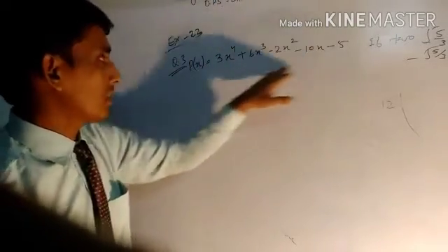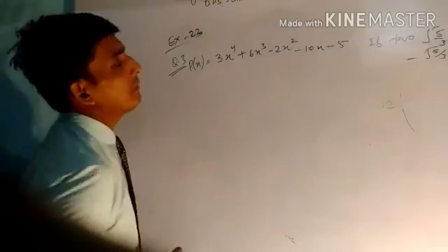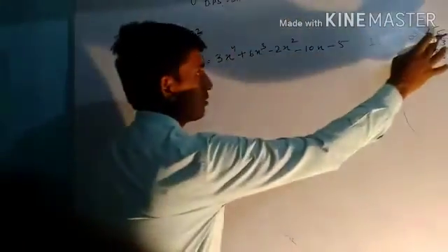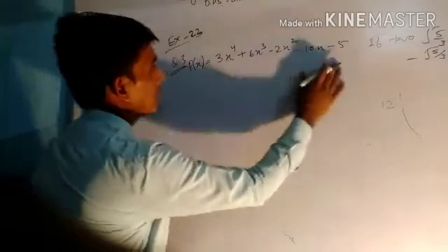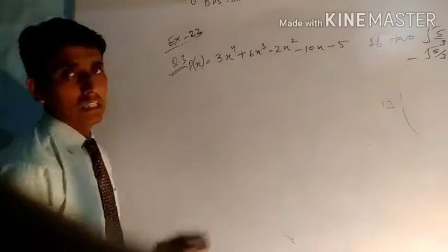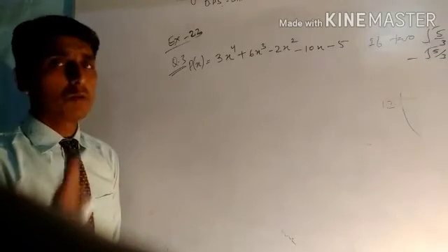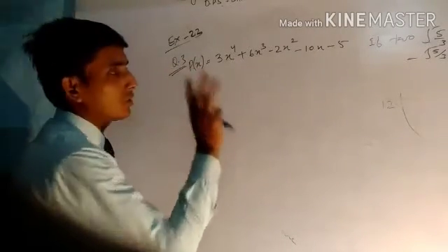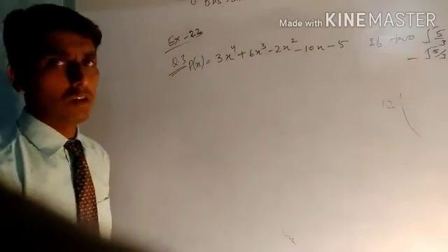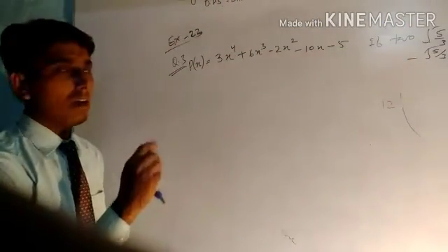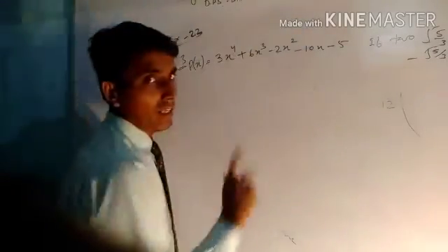The overall value of this polynomial will become 0. So therefore these values are called 0 of the polynomial. But in a polynomial having x to the power 4, there must be 4 zeros. There must be 4 roots of the polynomial. But here only 2 are given. What are the other 2? In this question they are asking what are the other 2 zeros of the polynomial if 2 are already given.